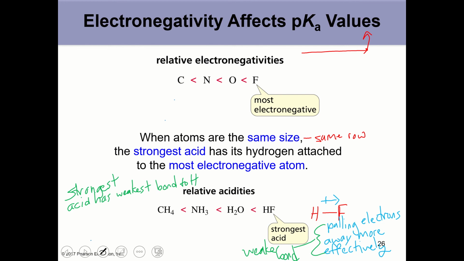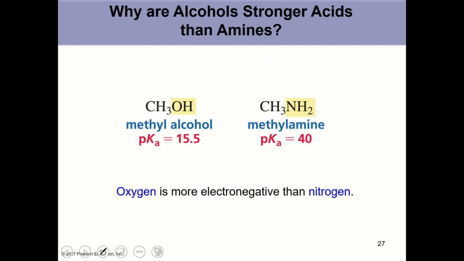So acidity increases across a row as you get to the end, to the right. And